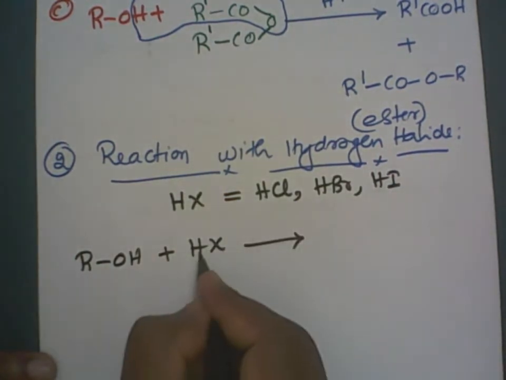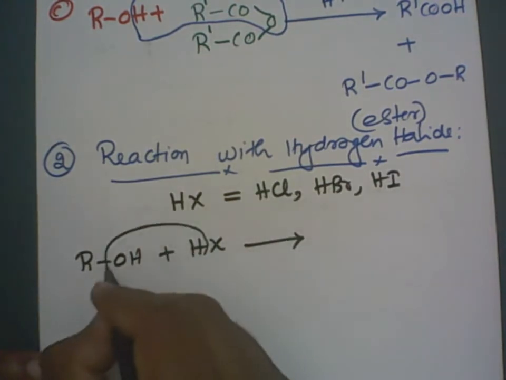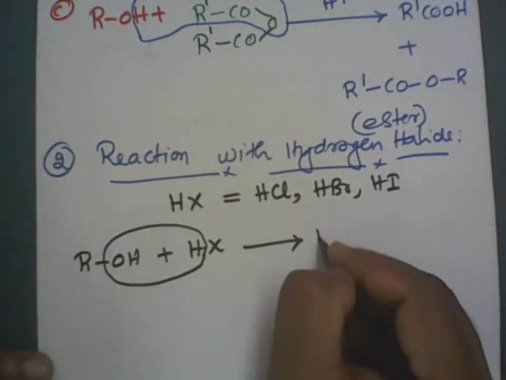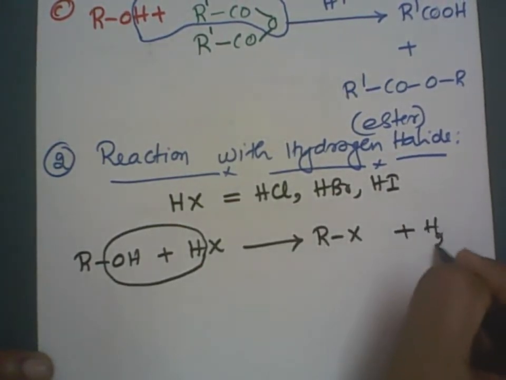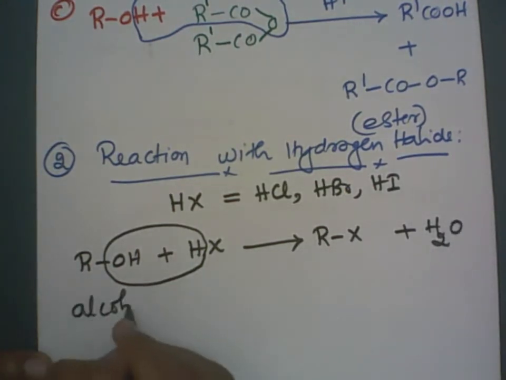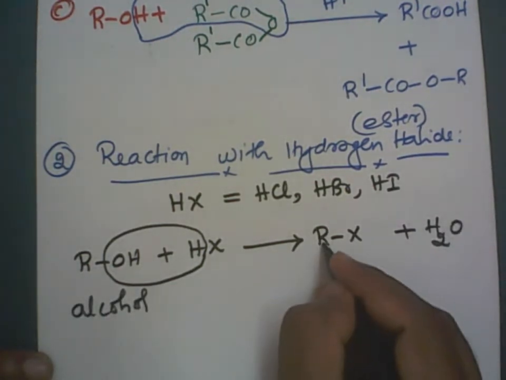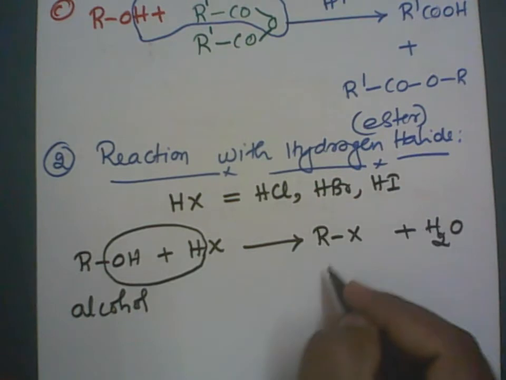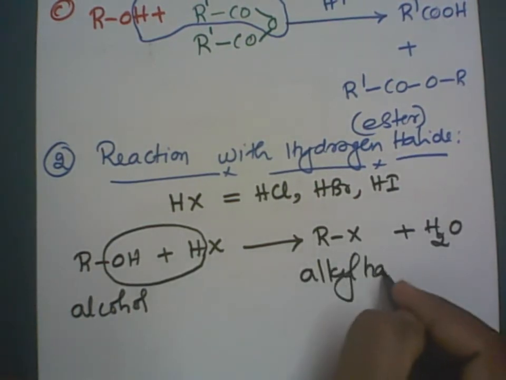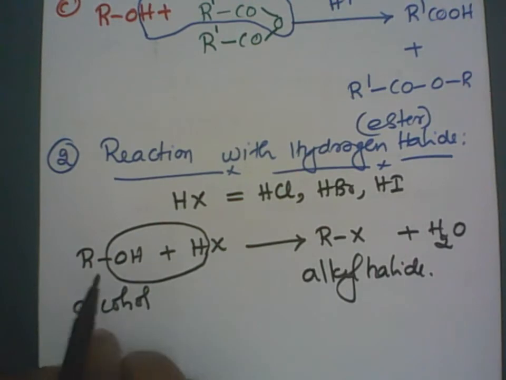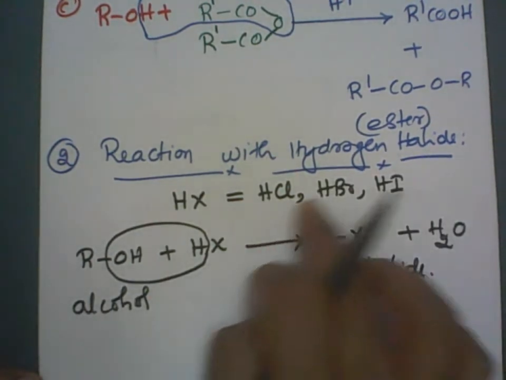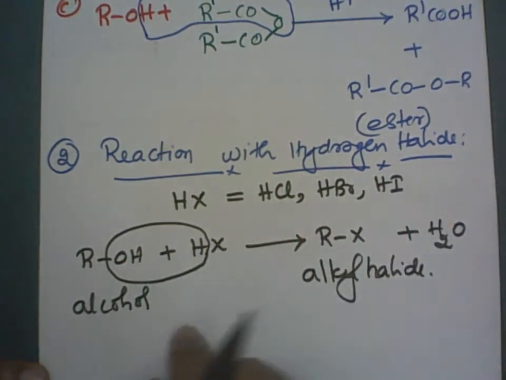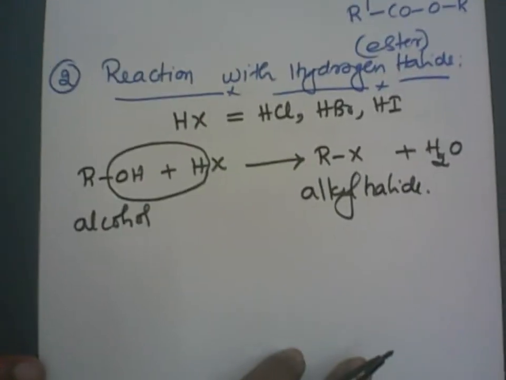These concentrated acids can act as the dehydrating agent, removing water molecule. So we get RX and side product is water molecule. So we can start with the alcohol and end up with the alkyl attached to the halogen. Alkyl halide or haloalkane we get. So alcohols can also be converted into alkyl halides using hydrochloric acid or hydrobromic acid or hydroiodic acid. Clear? This is a very simple reaction.